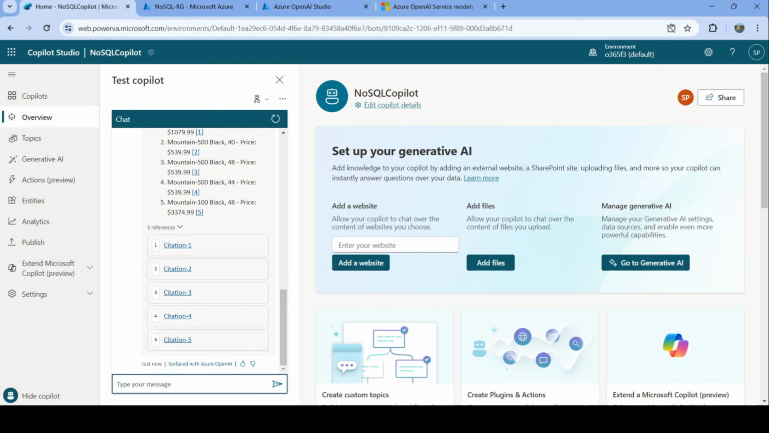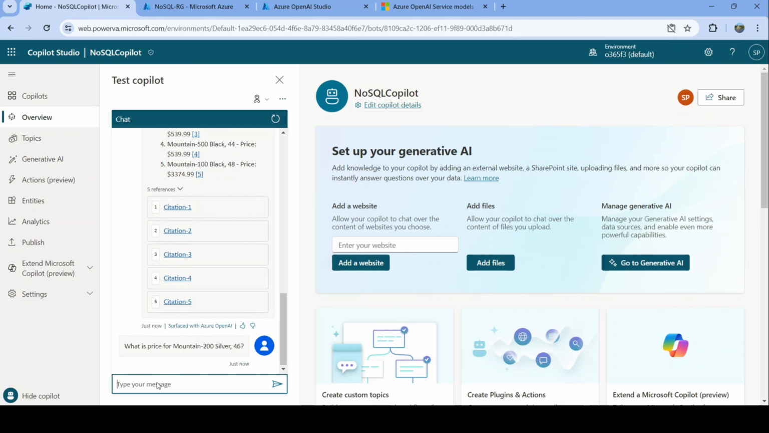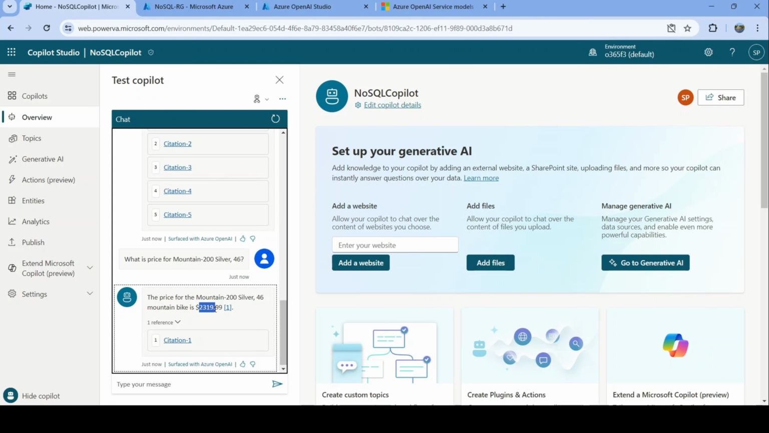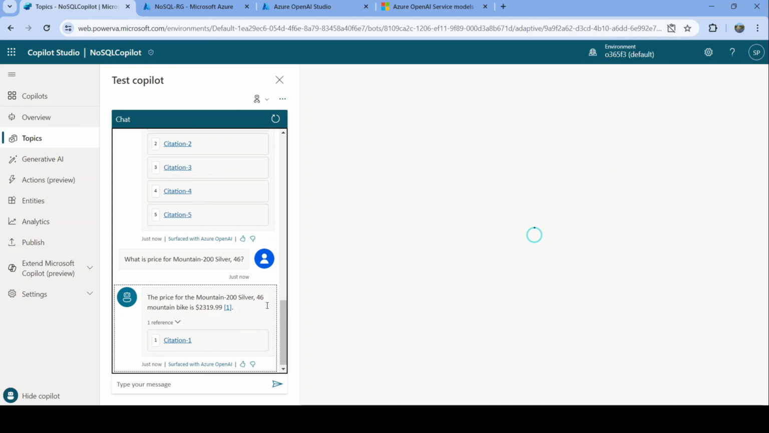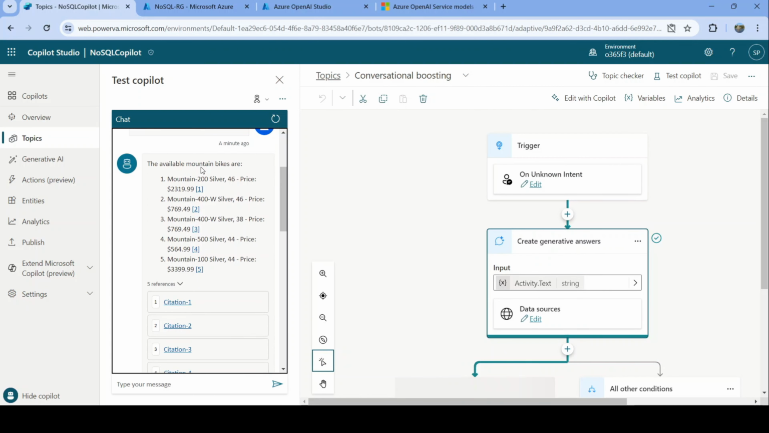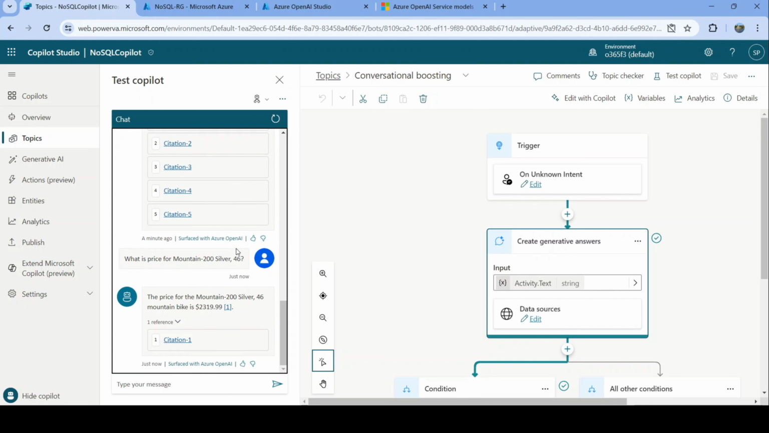I can probably ask one more question, a particular question. If I know the bike model, I can ask what is the price for mountain bike 200 silver 46. And it gives me the accurate information about bike price. You can compare this with the bike information here at the top. 231999. So let me now show you